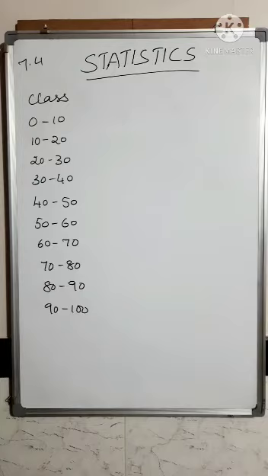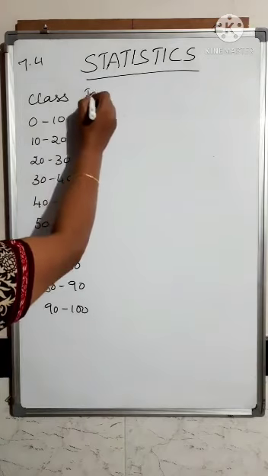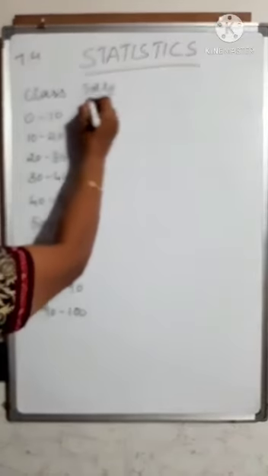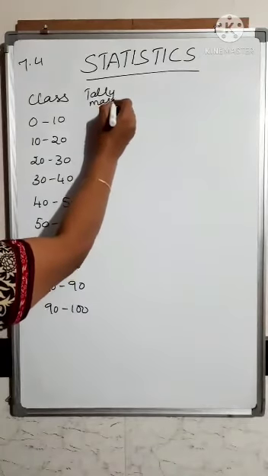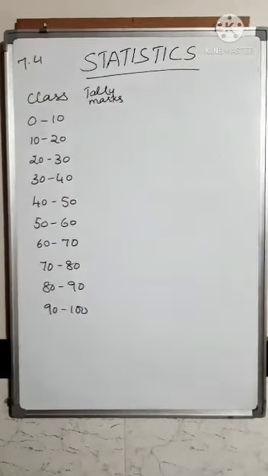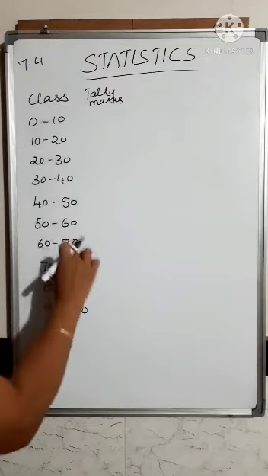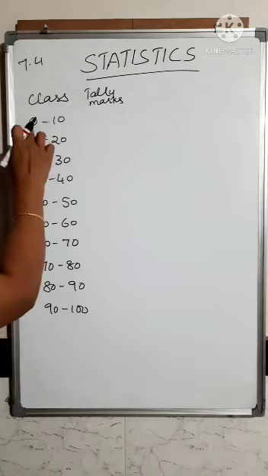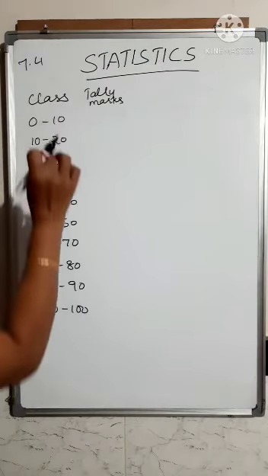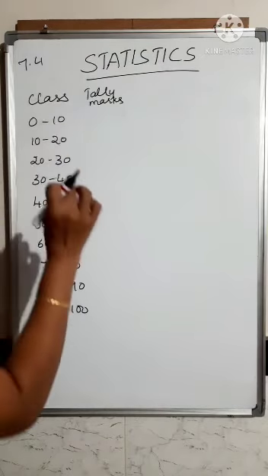The next column is you have to put the tally marks. You have to count. Here this is a continuous class. So what you have to do is you have to take scores from 0 to 9. You have to exclude this one. Exclusive type it is. So exclude all this and take the previous value. That is from 0 to 9 you have to count how many scores are there. Put the tally mark and write the frequency.